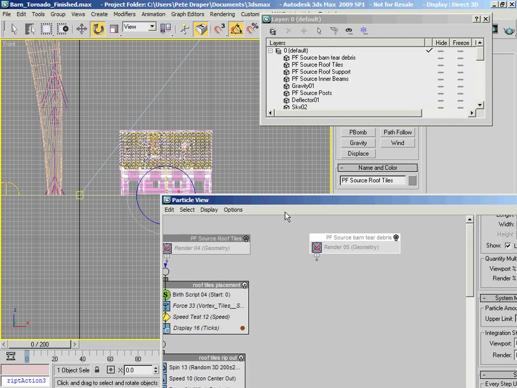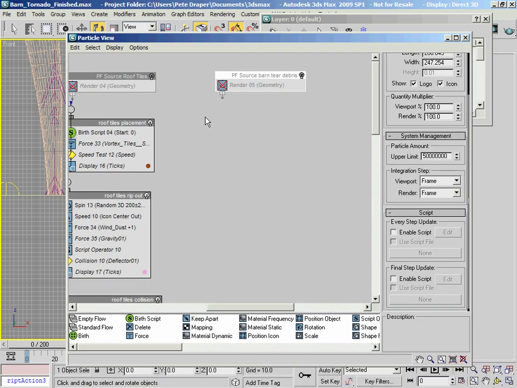So basically it's the debris that's been torn off the barn when these guys start moving. Okay, so what we want is two specific subsystems within this one main system here. One to suggest that the particles are slightly bigger, and the other one for the finer debris.